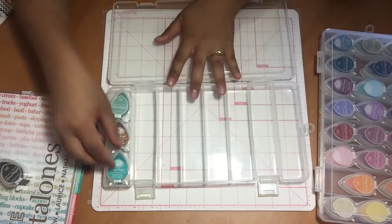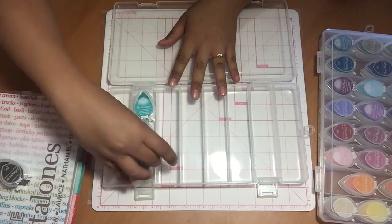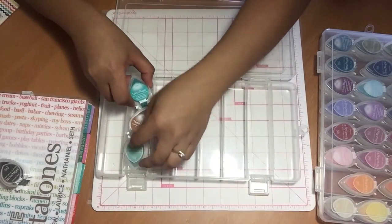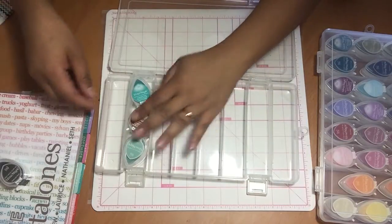So I used to actually stack them like so. See if I can make it work. Perhaps not. How did I used to have it? I think I used to...